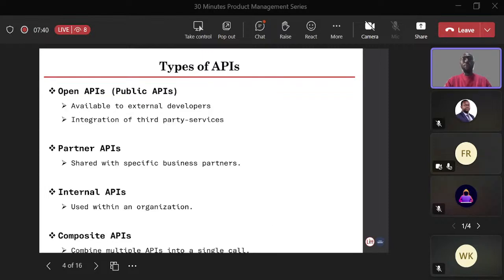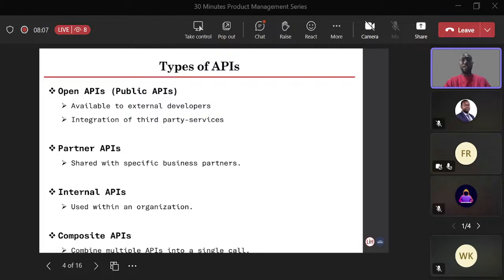Now, someone will ask me, okay, Lee, if I want to develop software using the API method, what are the different types there are? There are the open APIs, which are open to the general public. For example, take Facebook.